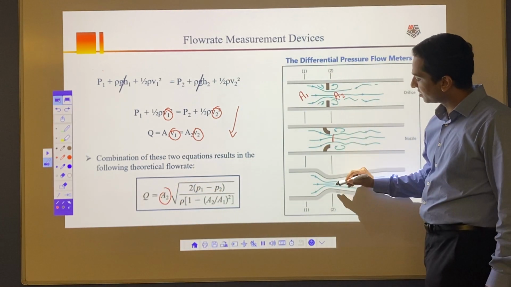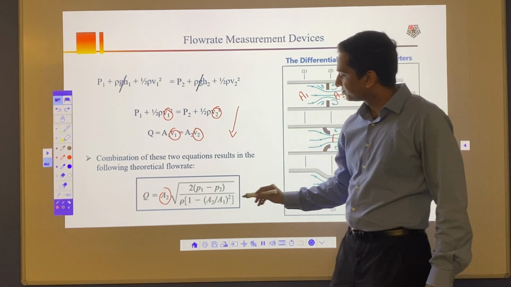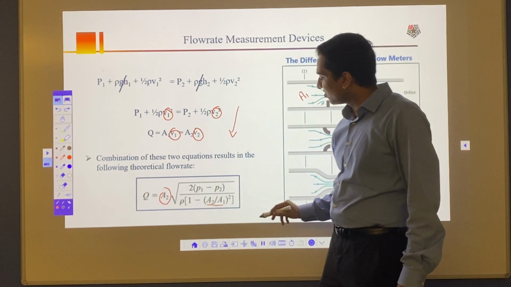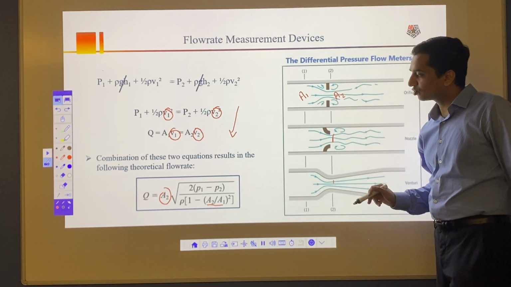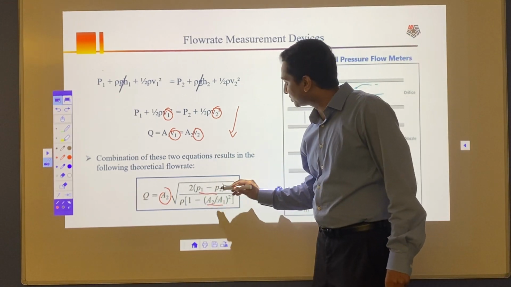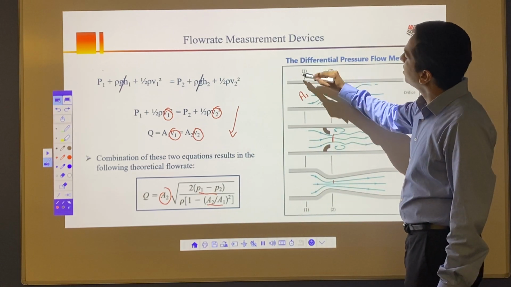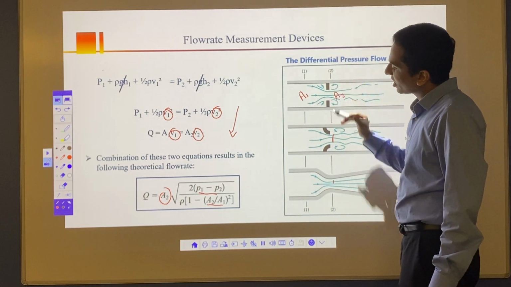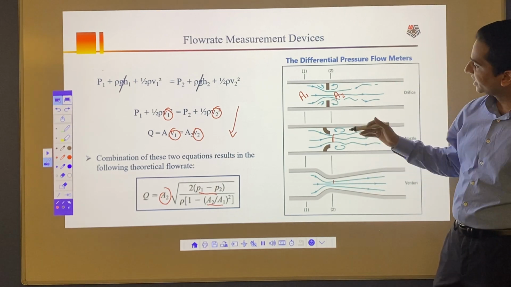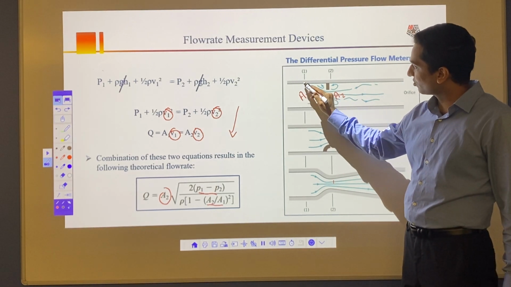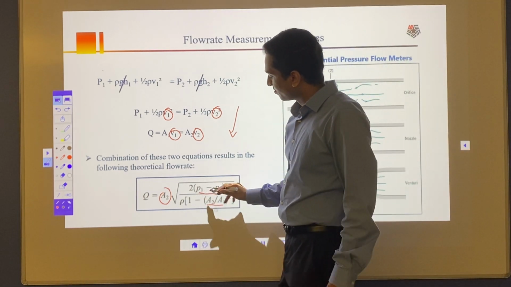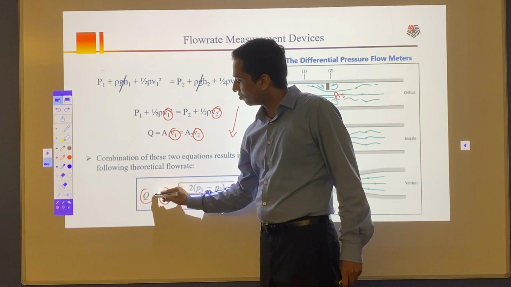Area here, here, here is constant. Density of the fluid is constant, and A2 by A1, the ratio, is also constant. So the only thing that could change is P1 minus P2, your pressure difference, the difference between here and here. If you want, you can attach a manometer and find out the pressure difference. If you have a computer, all that the computer needs is this pressure difference, the readings from P1 and P2, and then the computer can use those numbers